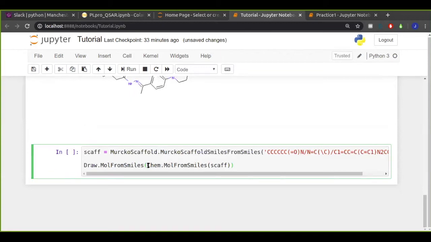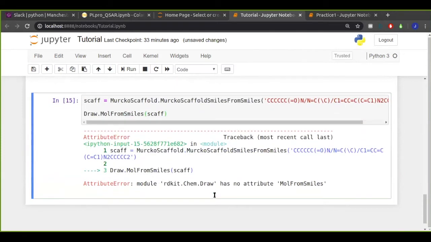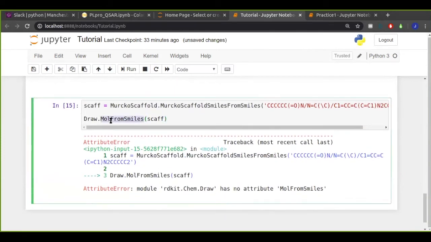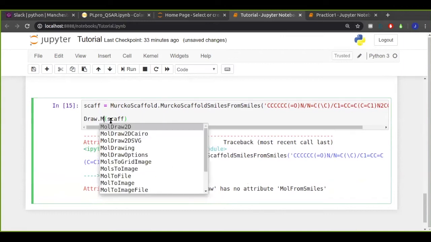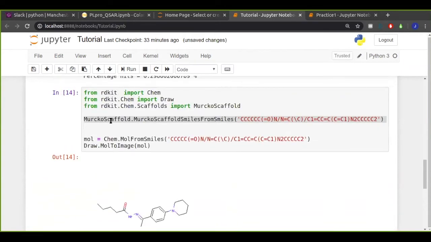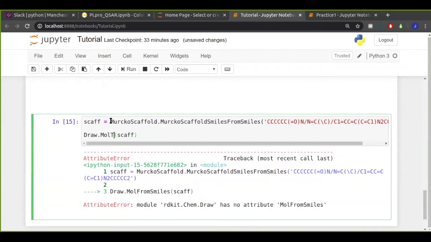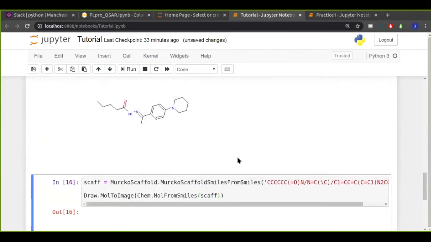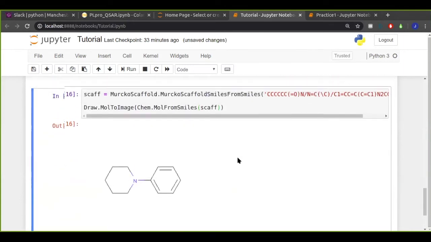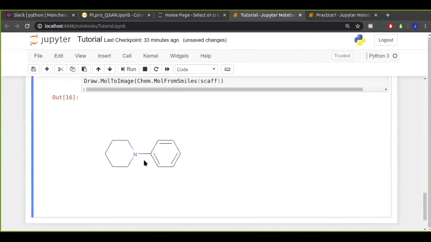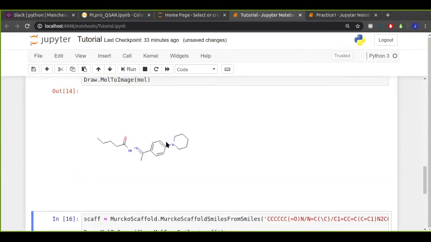Okay, so there's a function that lets me draw it directly from the smiles, so I'm going to try that. Oh no, what a disaster. Mole to image. Sorry about this, everybody. Chem mole from smiles. Here we go.